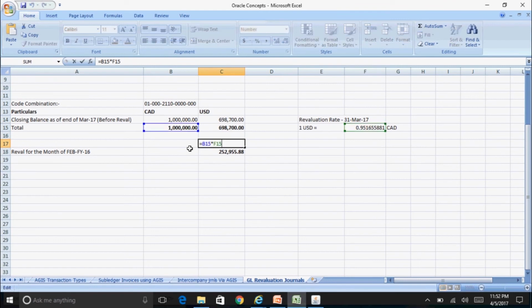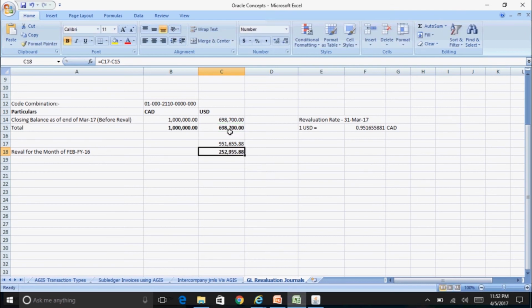So if you look at the formula, what system is doing is reconverting this 1 million CAD into USD at the exchange rate as on 31st of March 2017, because that is the exchange rate date we have given when we are running the revaluation process. So 1 million multiplied by 0.951655881 is 951,655, but the existing USD balance is 698,700. So the difference is